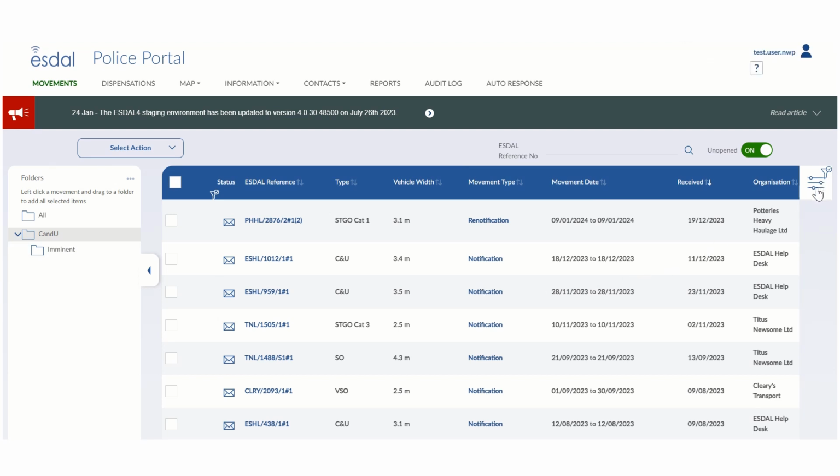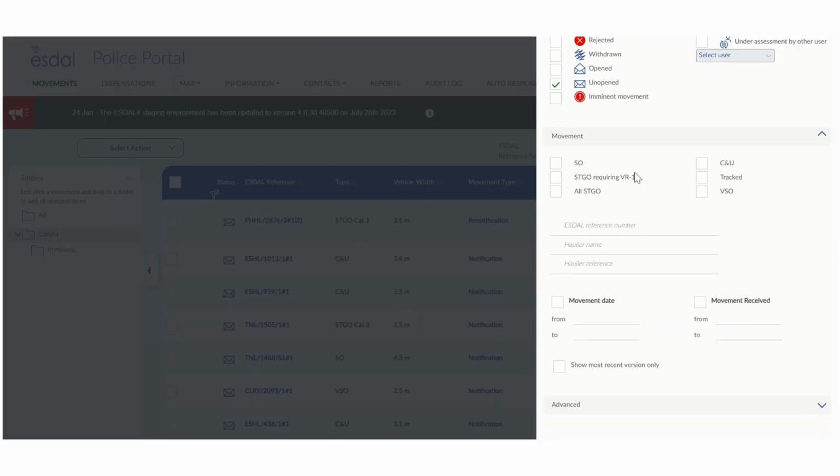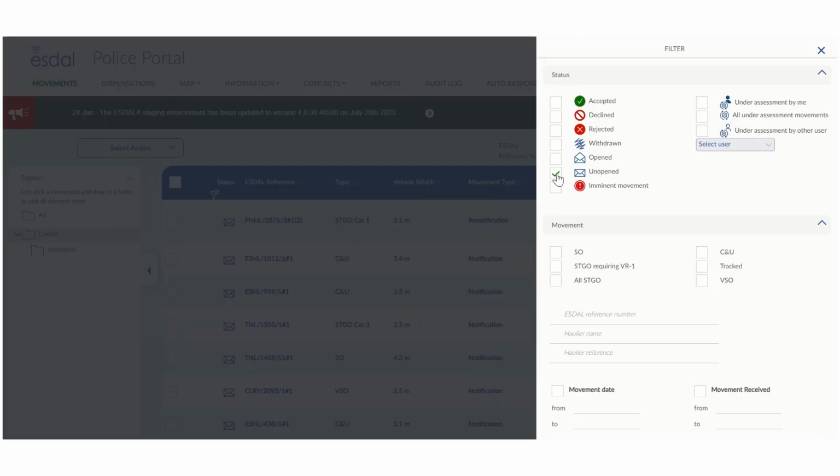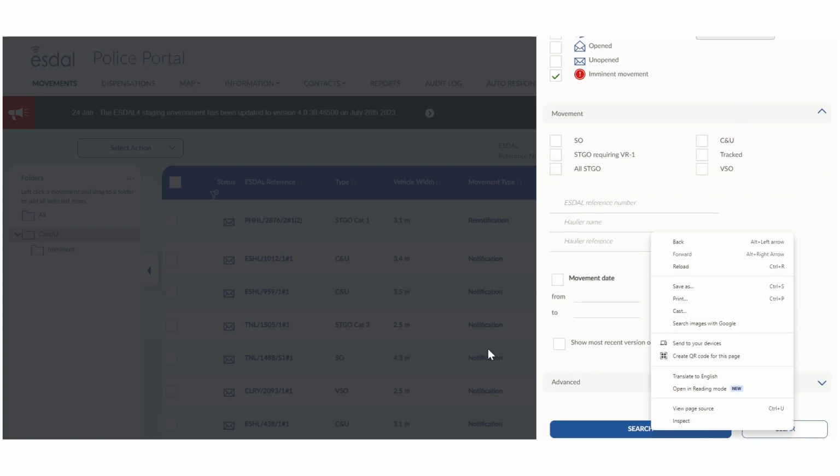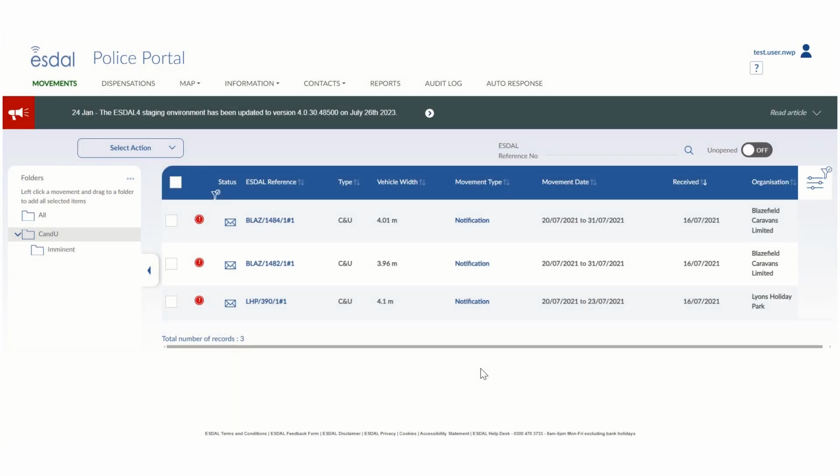So let's go into here again, and we're still within the construction use folder. Let's go now for imminent movements. Click on search, and that's given us 3. Select them all and move them into the folder,